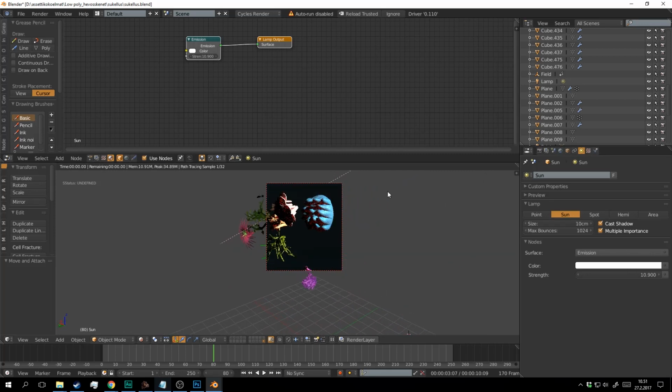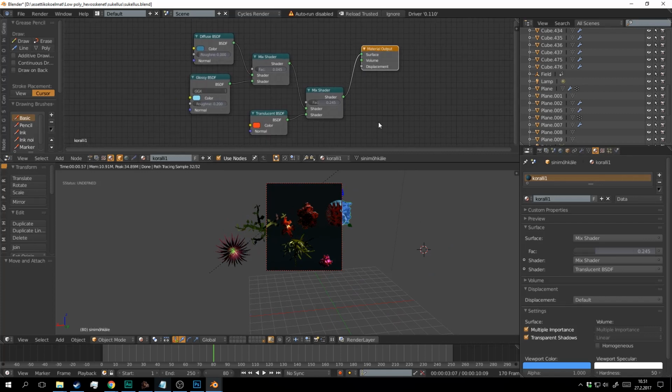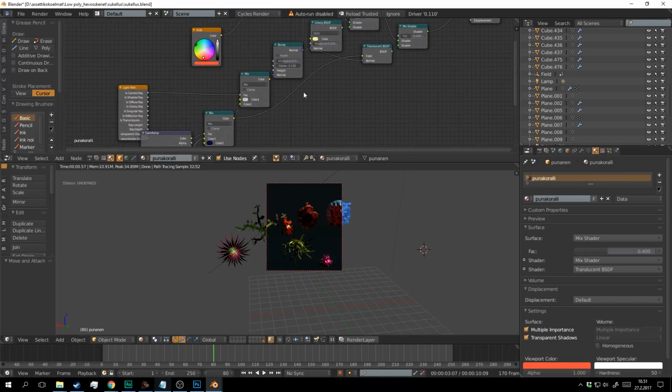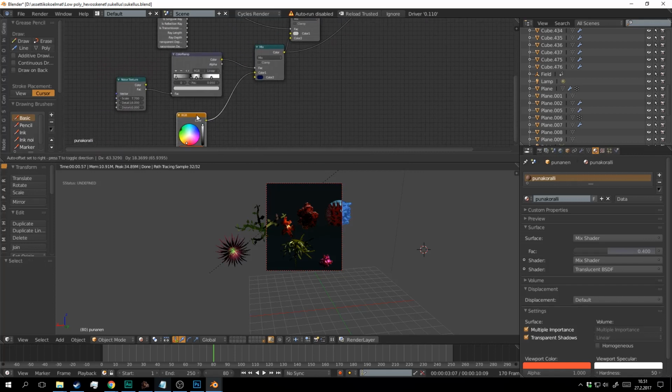Also, some of those have a trick to make each of them a little different color. Other than that, the materials are very simple, except that red one, which has that kind of texture thing here. You will see closer what it does soon.